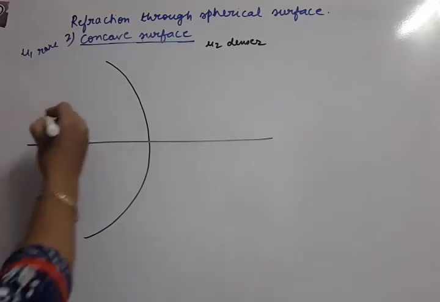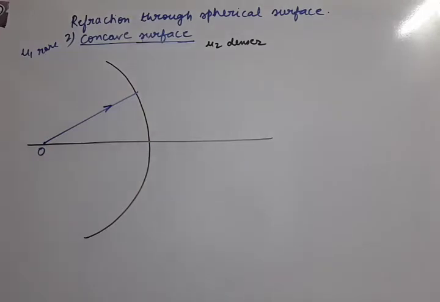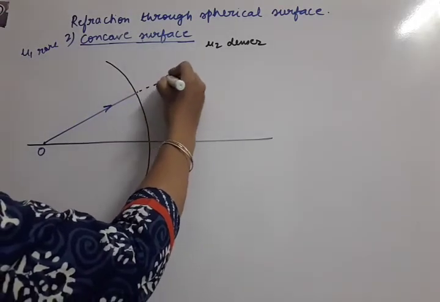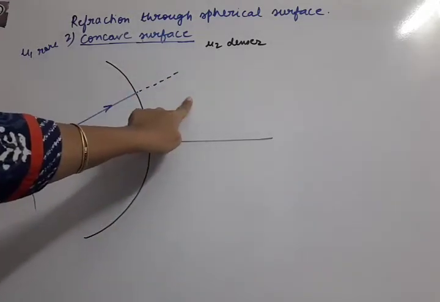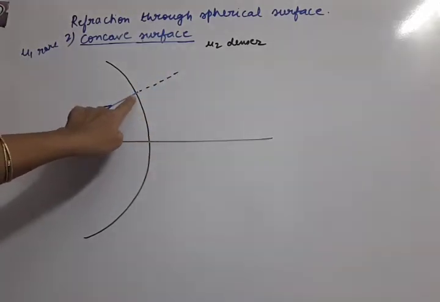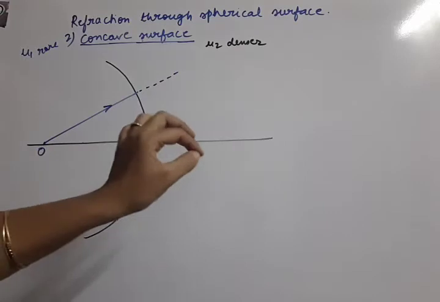Then we will make incident one ray on this separation line. This is called incident ray. Now this ray, its path is this, okay, but it will not go straight because the medium has changed. So we need to draw first of all the normal, wherever the separation line is appearing, so that it will be decided where the ray will go. According to the rule of refraction, if the ray is moving from rarer to denser medium, the ray should turn towards the normal.